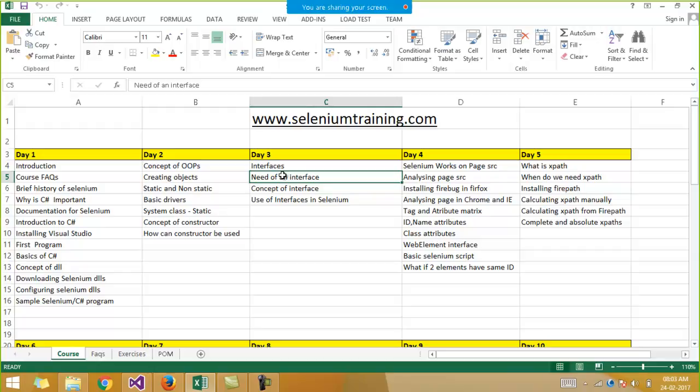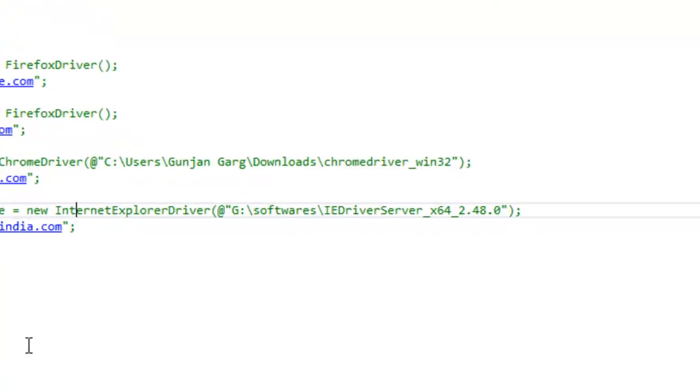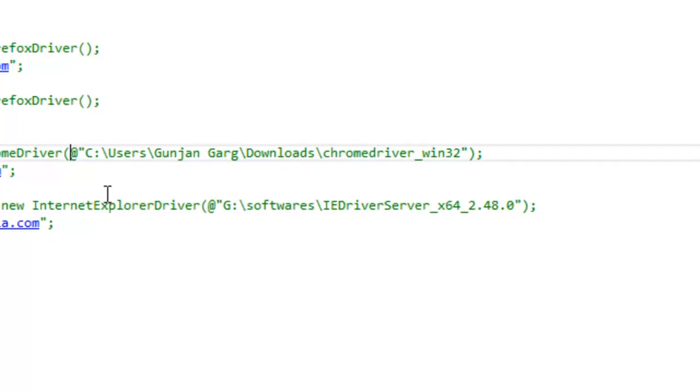Now the question which arises is, everything has a driver. Firefox driver, Chrome driver, IE driver, Safari, Opera, everything has a driver. Will you be learning these driver classes separately? If I have to work on the Firefox browser, will the commands and the approach be different than if I have to work on the Chrome browser? Will I have to create the objects separately, as I am creating the objects separately of each and every class? Will I have to do these things again and again? What if a single script I have to run on multiple browsers? How can you do that? That is one question which comes into our mind.